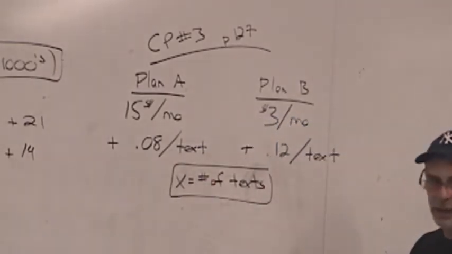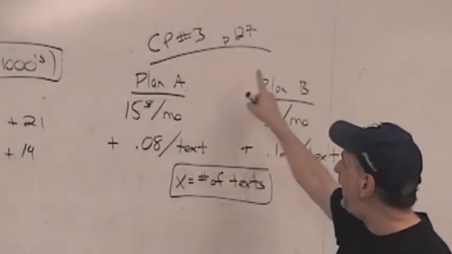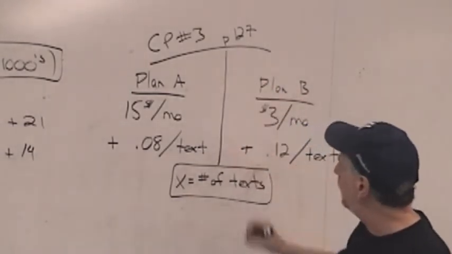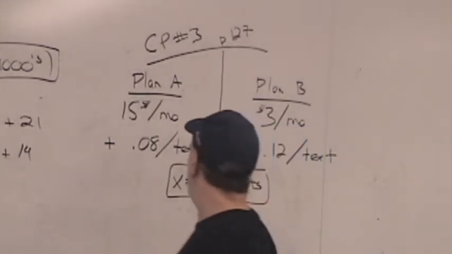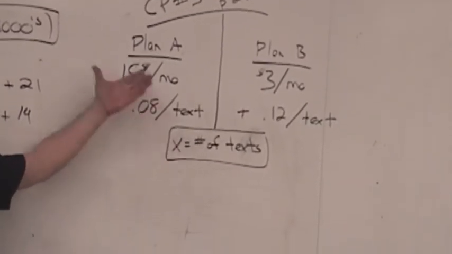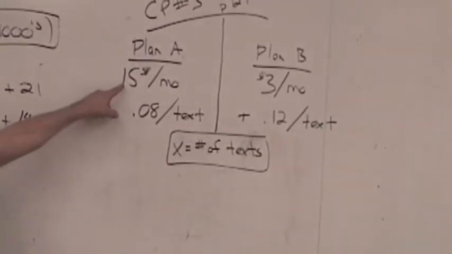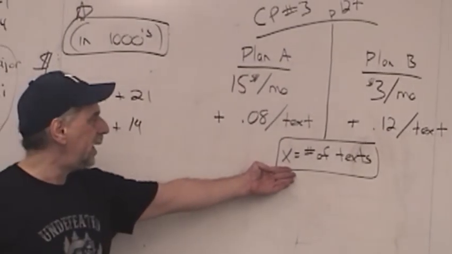Okay, that's what we're looking for. That's what we're looking for. Number of texts to where this plan equals this plan. So, we're going to set up an equation here and figure out what this number has to be for these to be equal. So the 15, so plan A, depending if you put this number of text for 1 month, let's